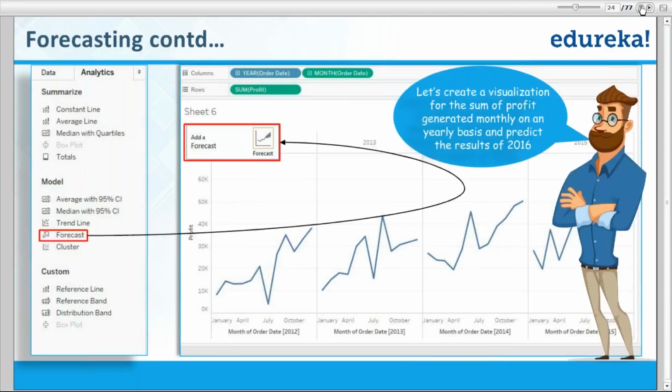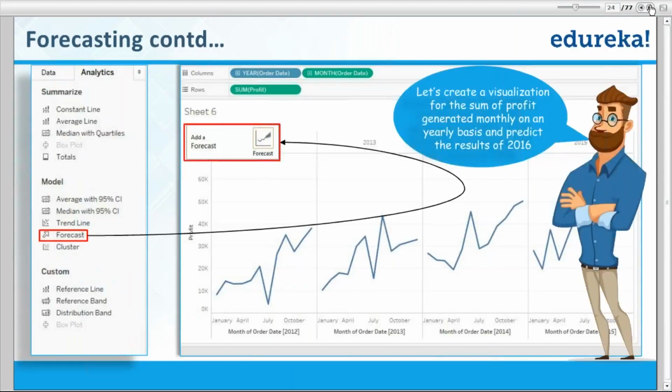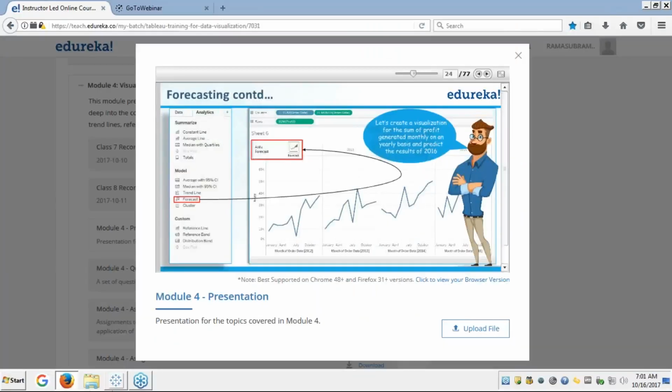You should have a year column, or at least one date dimension, or a dimension with an integer value. In order to perform forecasting, at least this is required. So, just to continue on this,